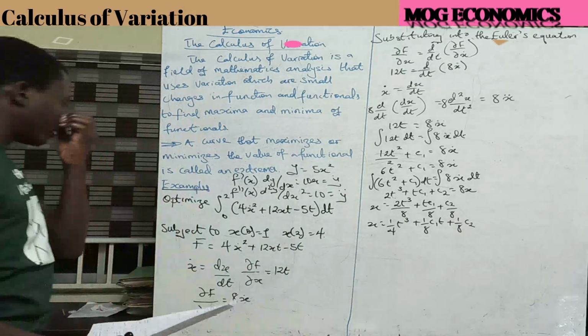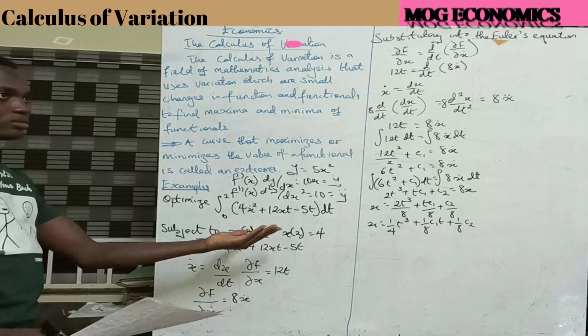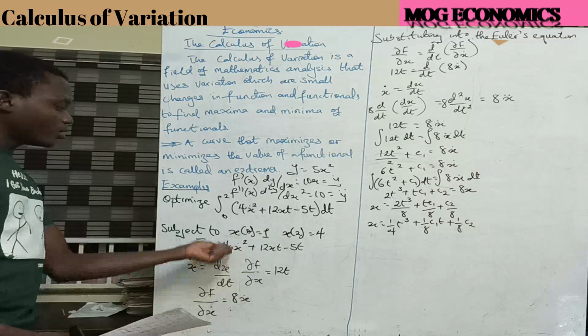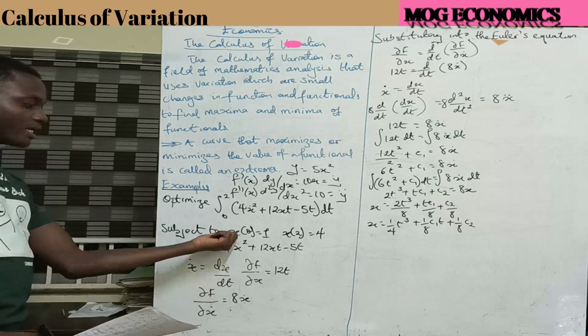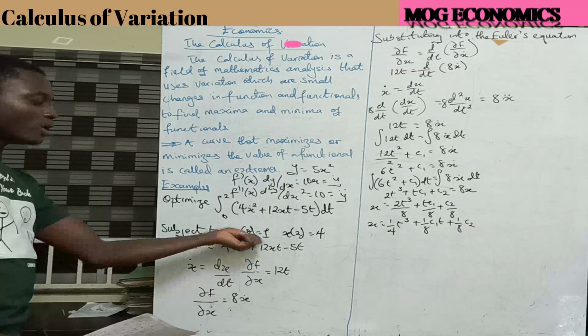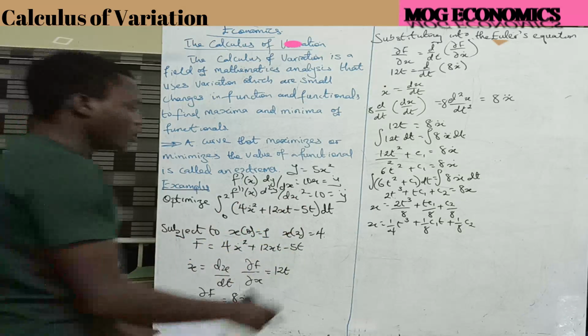Okay, so the next thing is, we're given boundary conditions. So x0, when t is 0, this is what it means: x(0) equals 1. So when time is 0, x gives you 1. When t is 2, x gives you 4. So we'll say